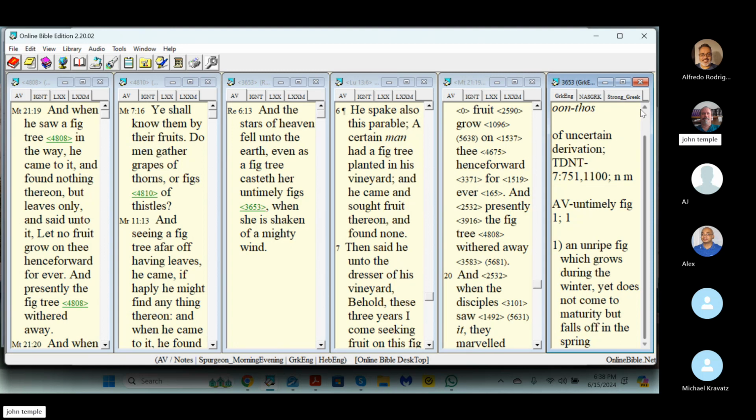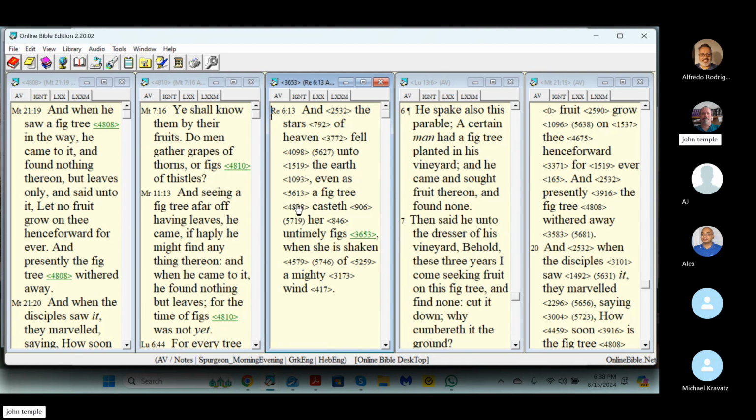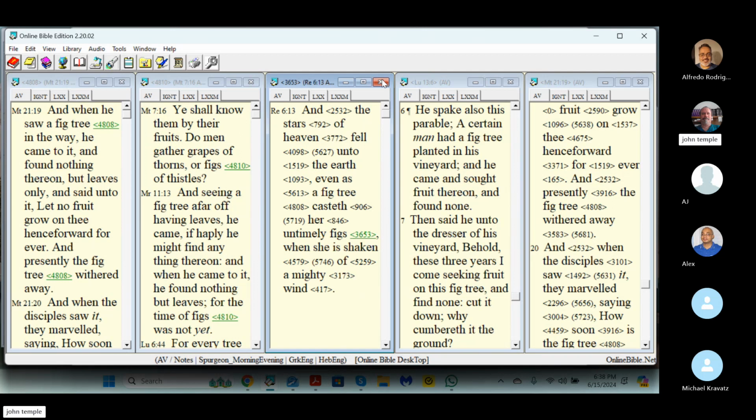And there's a whole bunch of parables and metaphors about the figs falling. And when Jesus came to the tree, he saw the flower, but he didn't see the figs because the time of figs was not yet. Basically, that doesn't mean that it wasn't the time for figs to be on the tree. It wasn't the time to be picking them. So the figs should have been on the tree. That's basically what that means. And this fig tree here, this is the 4808. Okay, yeah, so that's in there also. So I'll just take this one out of here.